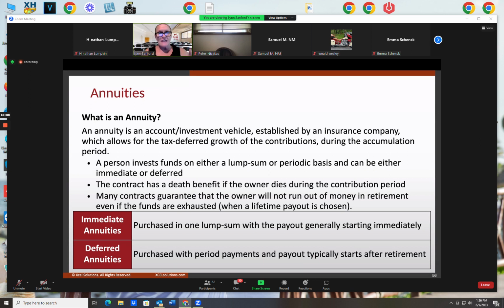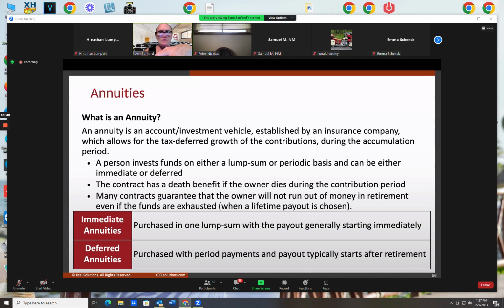If after-tax dollars go in, you establish an annuity by writing a check out of your checkbook, then those are dollars that have already been taxed. So when they go in an annuity and grow tax deferred, when you annuitize and take the money out at retirement, or you take the money out in installments, what you take out that's considered growth, you'll pay tax on. Any amount that comes out that's a return of principal, you will not pay tax on.